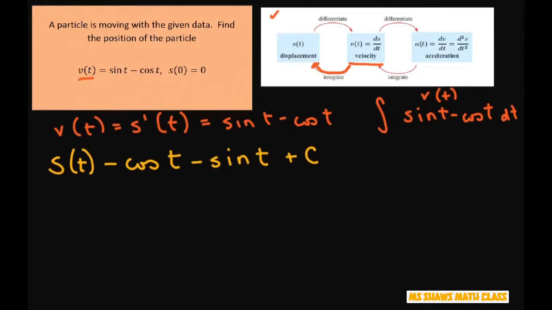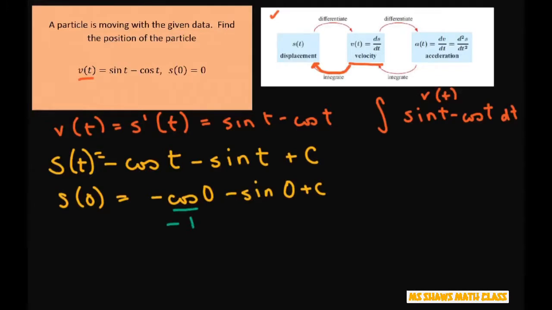Now, we want to first evaluate s of 0. So s of 0 equals negative cosine of 0 minus sine of 0 plus c. So this is going to be negative 1. Cosine of 0 is 1. Sine of 0 is just 0. So I'm going to go ahead and erase the 0. So it's just going to be negative 1 plus c